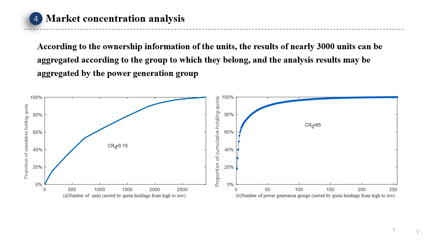The left figure shows the market share concentration of unit level. Although the market trading subject is the power generation group, and many units belong to major power generation groups, if the unit parameters are aggregated to the power generation group level, the red figure will be obtained. The market share of China's large power generation enterprises is quite high, mainly including China Energy Investment and other